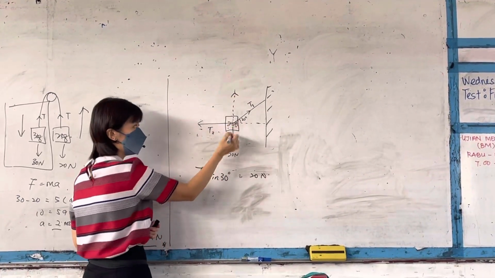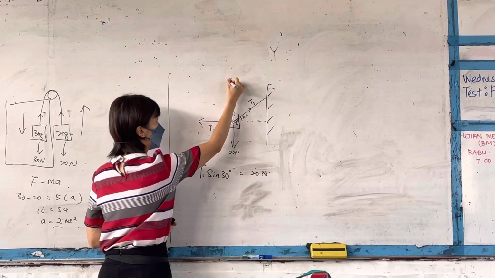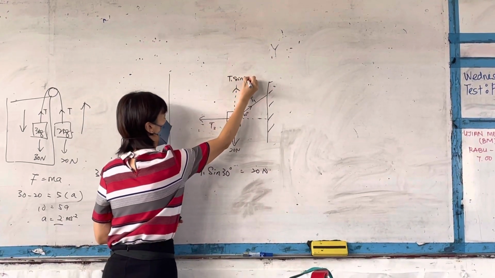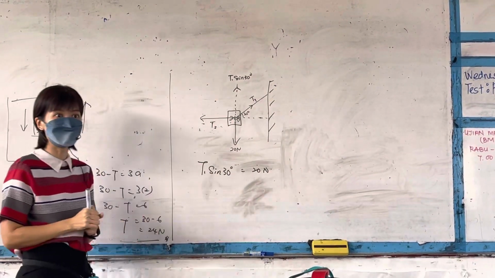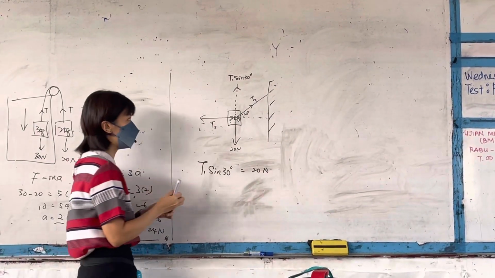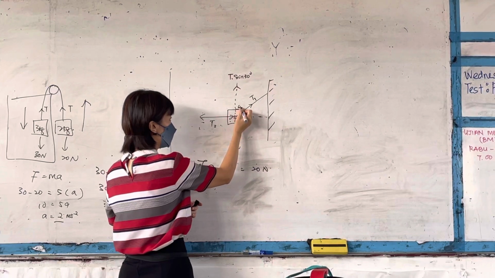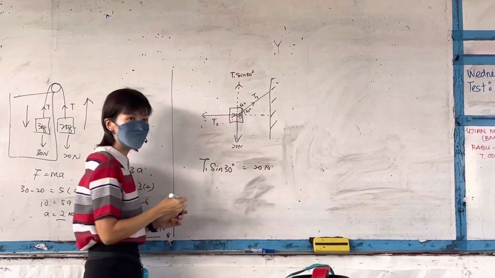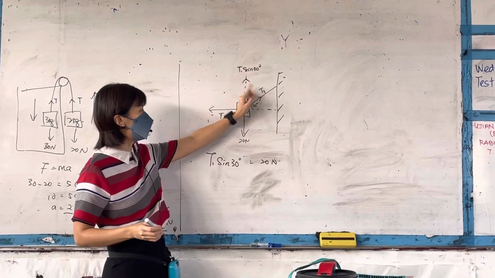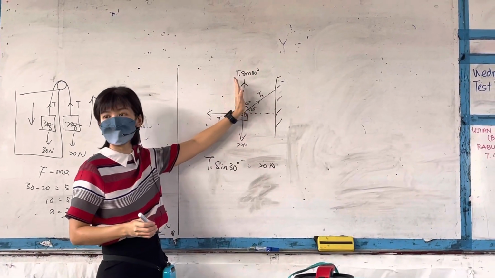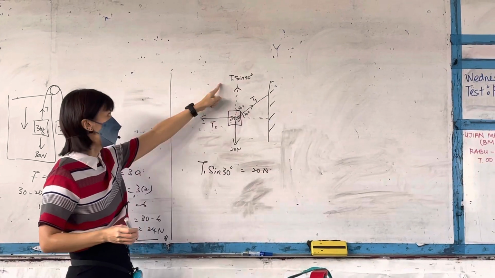Because up equals down. This one is T1 sin 30. Sin is opposite, this one, I move it here. Alright? Some students don't understand this. They ask, teacher, I want to use this one, can or not? If I'm using this, it will be cos. The 60 beside T1 is the angle already, right? Cos 60 T1.